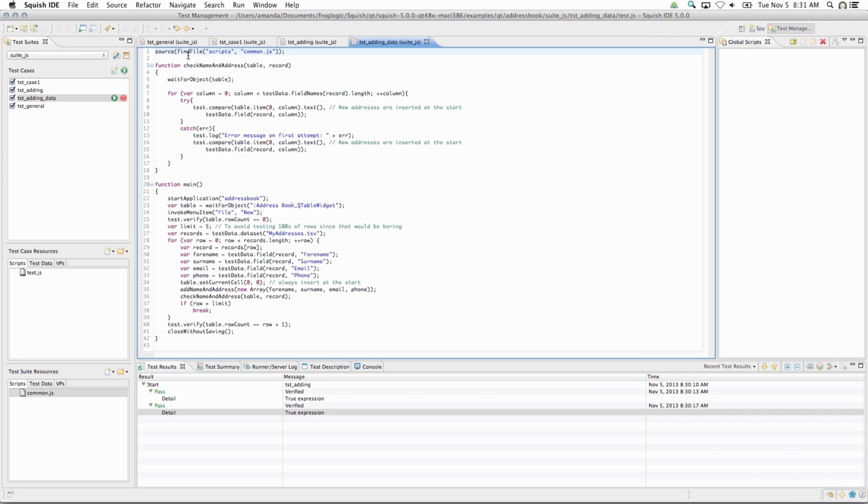functions common to my entire test suite. I can reference a file, whether that's from a global script over here,